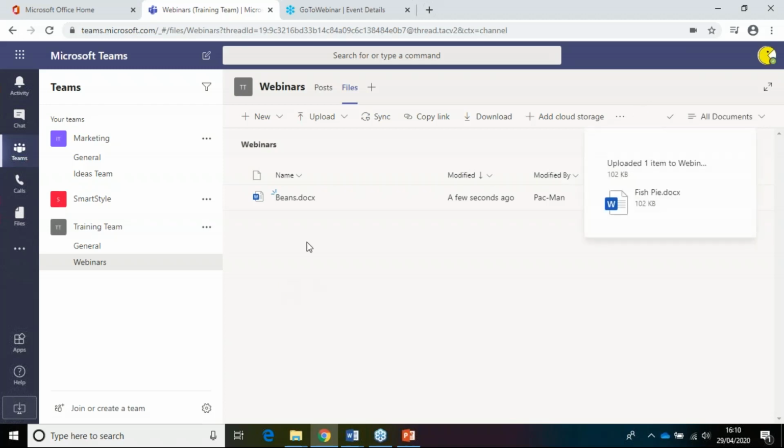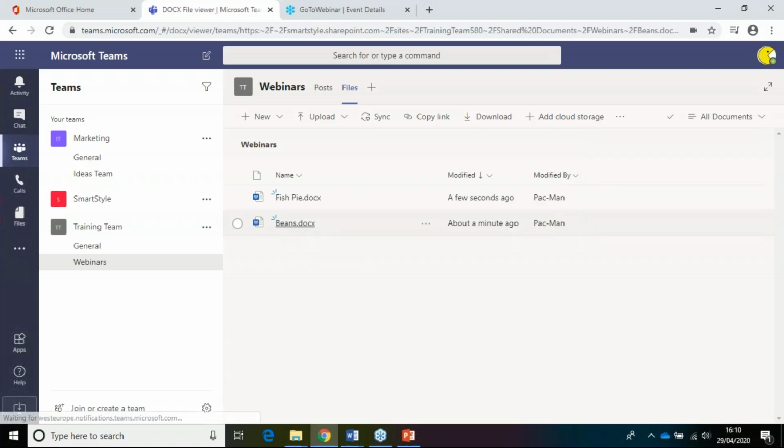So we have our two files in here that we can work collaboratively with. Everybody else in the team will also be able to see them. And what's fantastic about working in Teams and OneDrive and SharePoint is that, like I say, you can work collaboratively on files. We did a session yesterday on Keep Your Head in the Clouds, and that's all about collaborative working on files. So if I simply click on Beans,